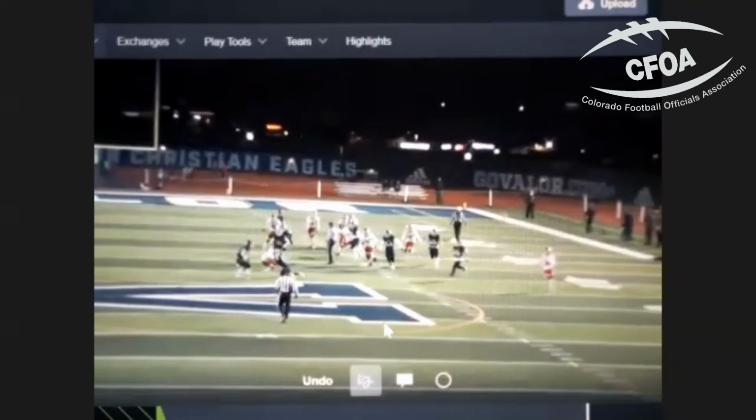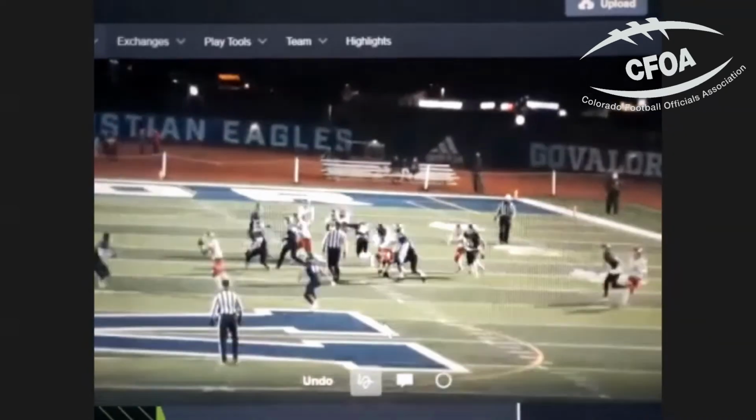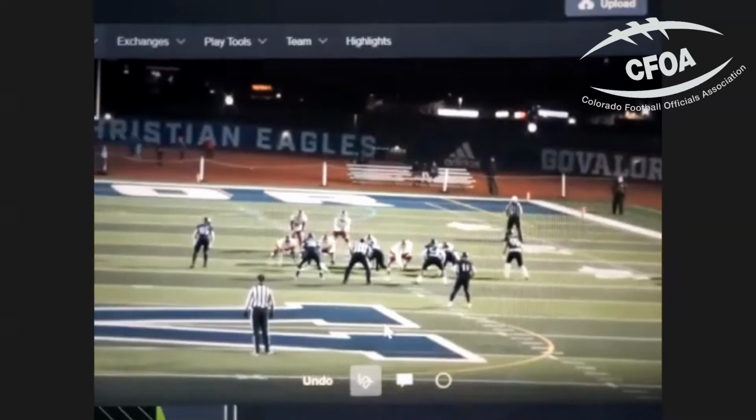Now some of this too is pre-snap. So for the pre-snap read, we tell our quarterback, count the box. How many guys do you see in the box here? To me, I see 7 guys. I know this is a 3-4. They've got 3 down linemen, 2 outside backers that are up, and then the 2 inside backers.